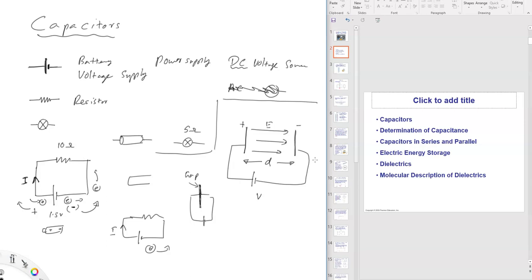So when the two plates have some separation, you connect it to a voltage supply, a battery, a direct voltage, and then one side becomes positive, the other side becomes negative. So there's an electric field in between. And you might remember a few days back we did some calculations. You place a proton here, it accelerates, it travels a distance d, and we can find the speed at this end, all those things. There is a simple relationship between this voltage, the distance, and the electric field. It's given by voltage equals electric field times distance.